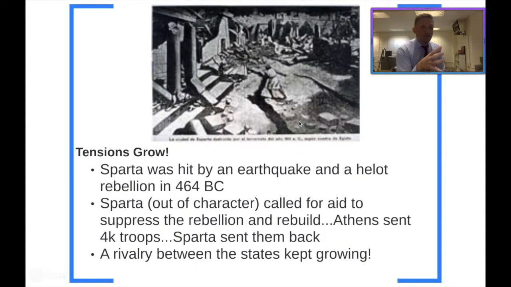Well, it had to do with the fact that Sparta got hit by not one, but two terrible catastrophes, right? So tensions were growing, yes. But when Sparta would have been preparing to actually attack Athens or keep them from growing, about 15 years after the end of the Second Persian invasion and the establishment of the Delian League, Sparta is going to be hit by an earthquake, right? Oh, good God. They were ready to go and fight Athens, ready to go and prevent them from growing any further, ready to go and prevent any other Greek city-states from joining this league with them. But Sparta's going to get hit by an earthquake, and then on top of the earthquake,